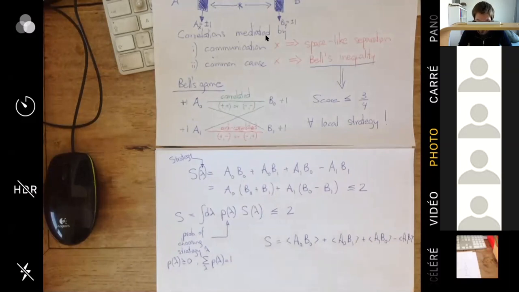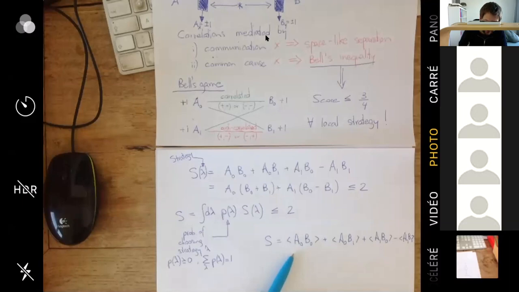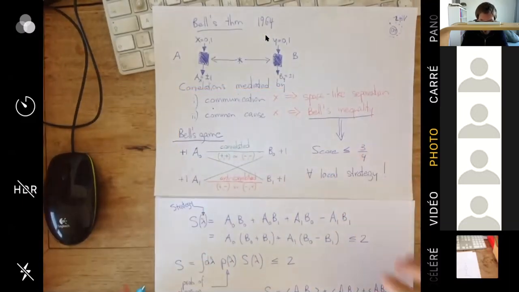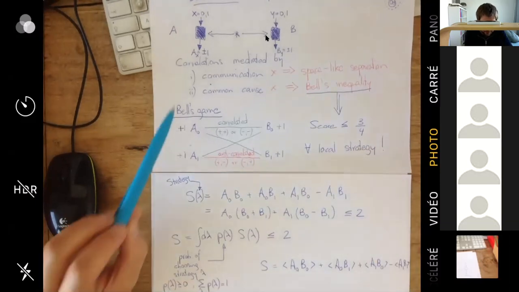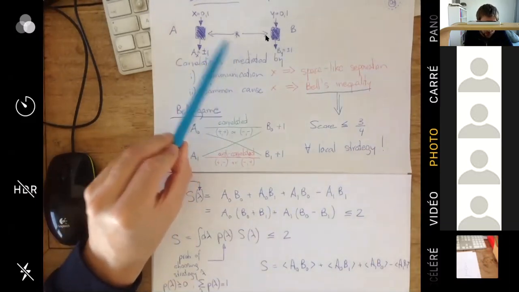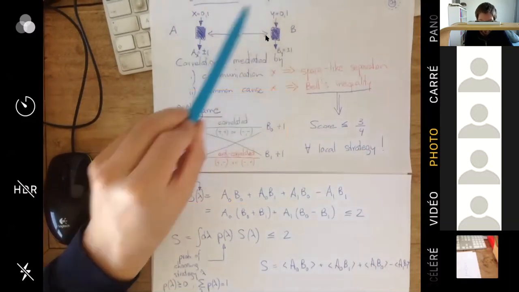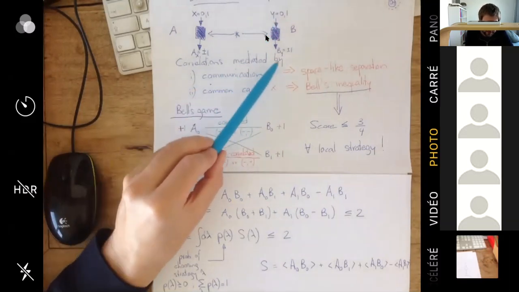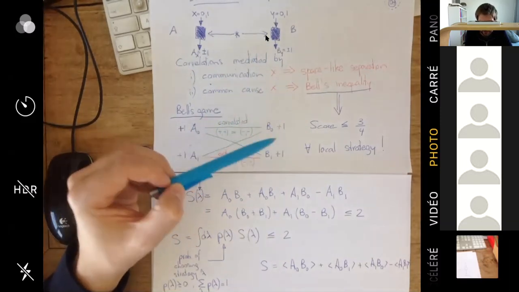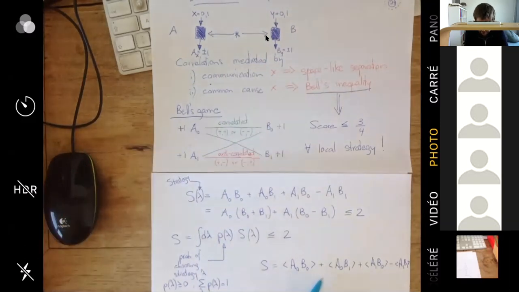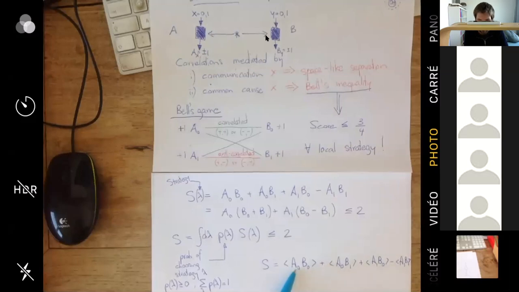Now you see this is a form of S that is useful because if I come back to my little experiment here, I do my experiment, I do 10,000 or 100,000 rounds. In each round, I choose an X randomly, and here I choose a Y randomly, and then I write what are the results. I repeat this 10,000 or 100,000 times, so I can get pretty good statistics, and then I can estimate each of these 4 expectation values. And when I do that, I can calculate my score S, and then I can check it with